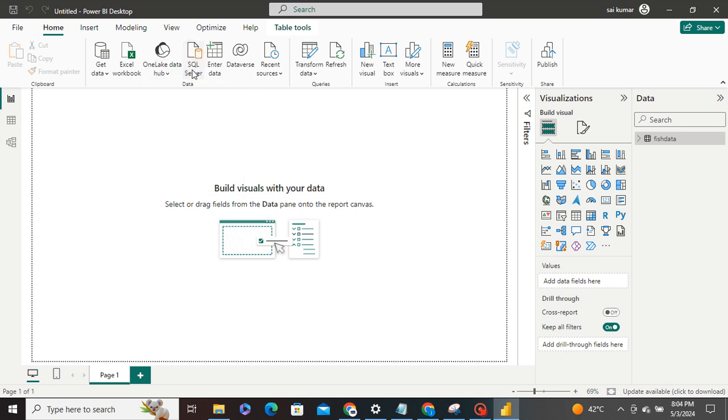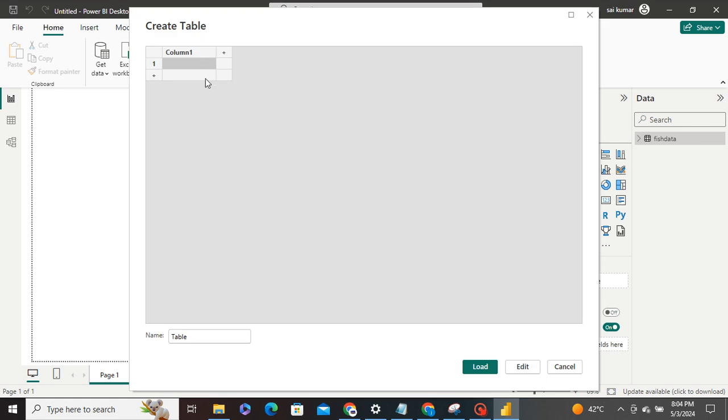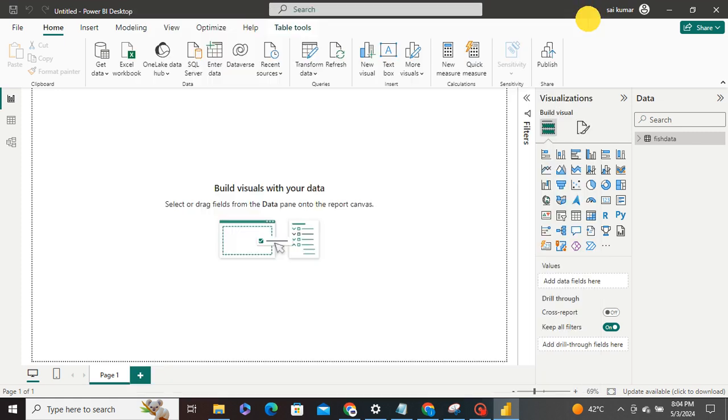Then next, SQL Server. By using this we can connect with a SQL Database. Then next, Enter Data. By using this, we can create a table by entering values manually, then use this as per requirements. Then next, Dataverse is also one of the source connections to pull the data